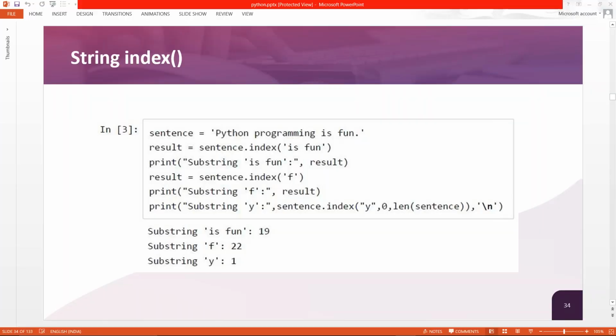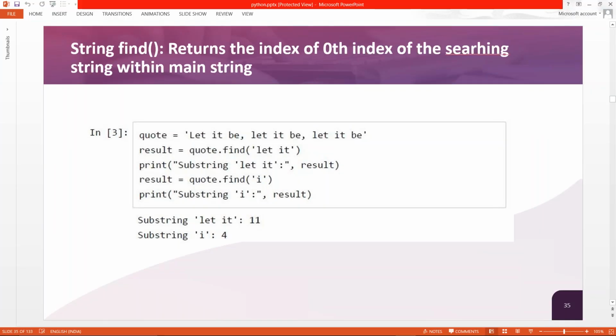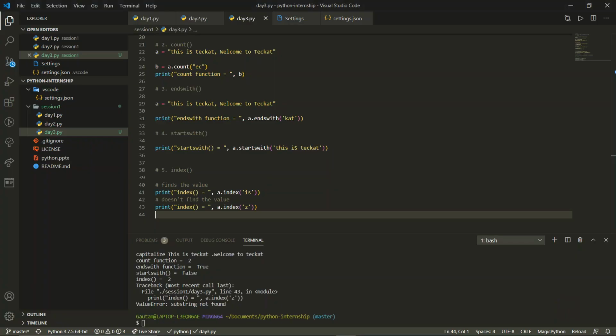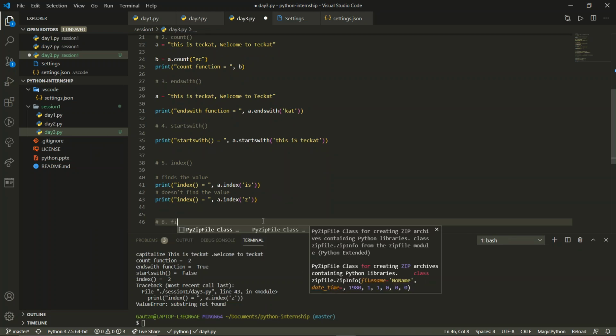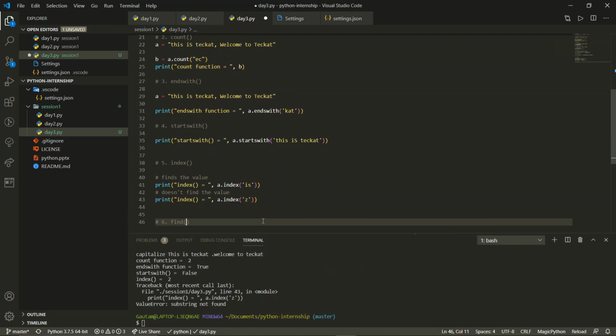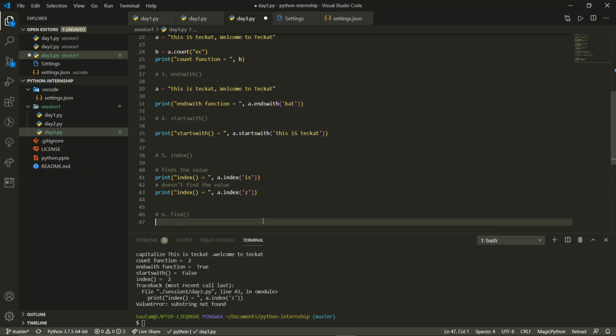But for that, we have another function, and the function is find. Find does the same thing. It finds the particular position number. It also gets the position number, but it will not throw an error. So we will have the next function, find.